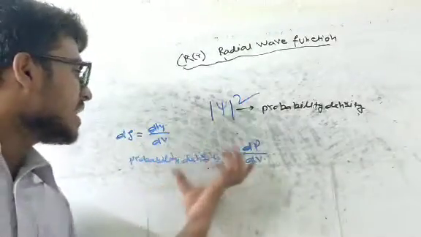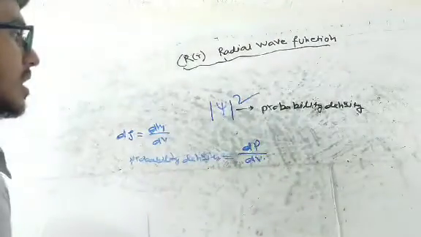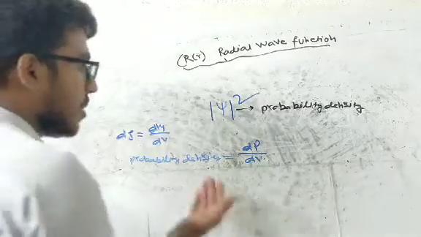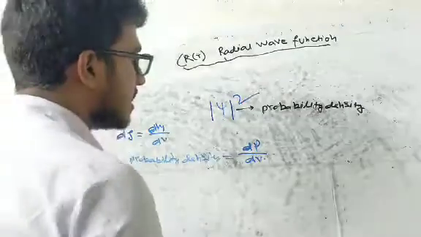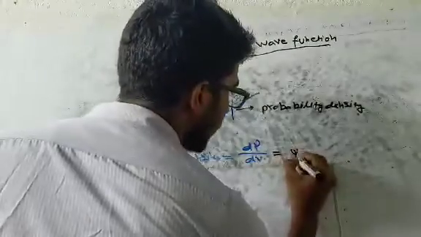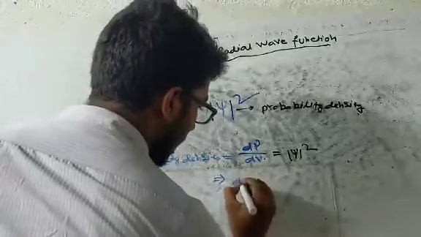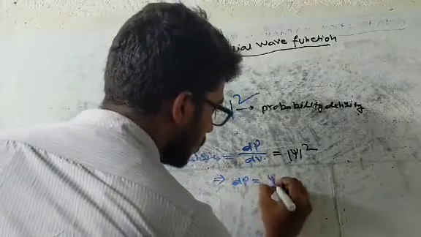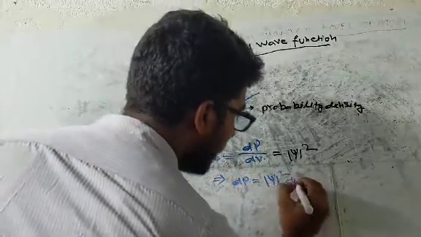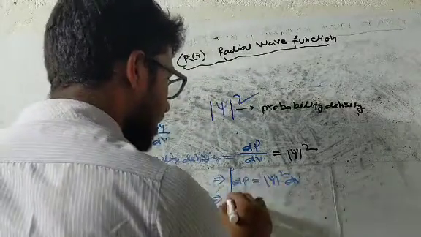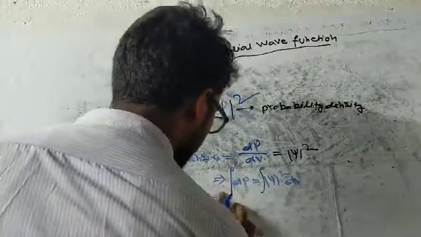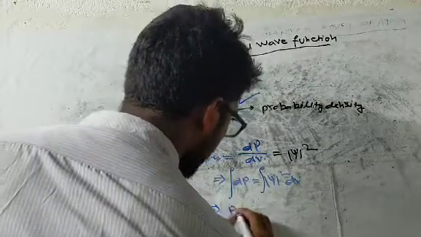So if I say probability density, I should write dP upon dV, and according to Max Born, this probability density is nothing but psi square. So I can write dP equals psi square dV, and if I integrate both sides, I can write P equals